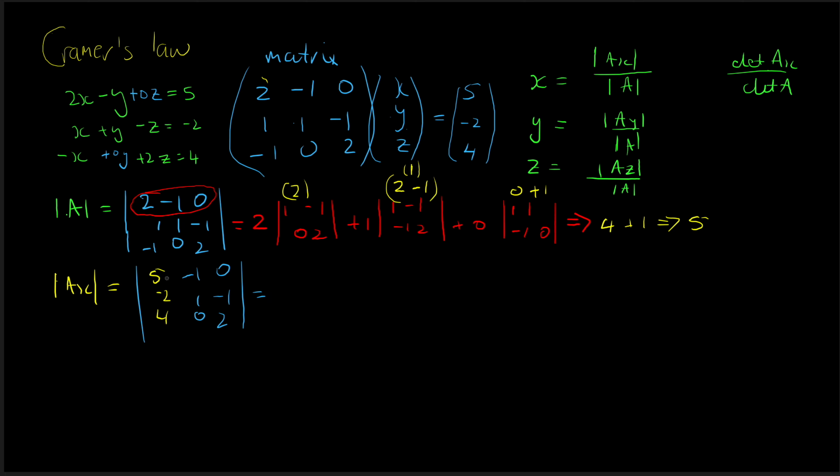And now we're going to use the first line again. So we're going to have 5, and the cofactor of 5, remember, is everything that's not in this column and that row. So it's going to be these four items or elements. And then remember, it's minus whatever this is, minus 1, so it's going to be plus 1, and the cofactor